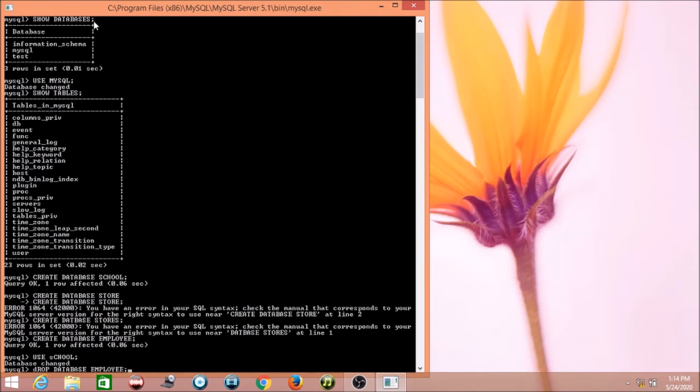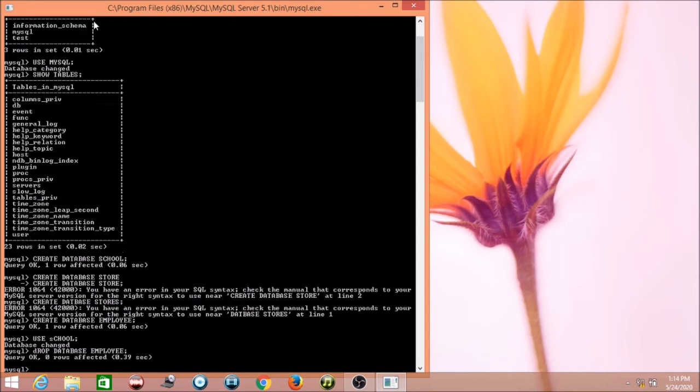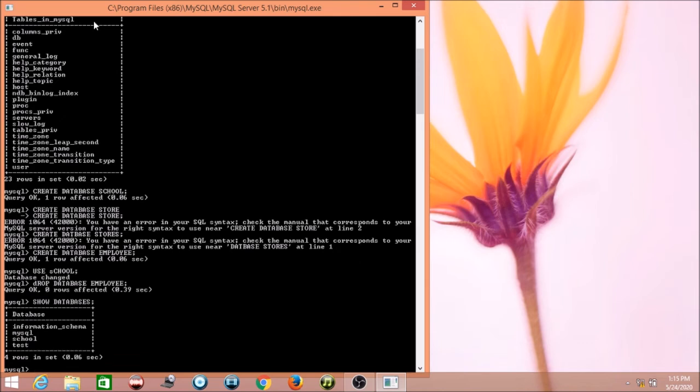Query okay, zero rows affected. If I check all the databases with show databases, I will not get this database in my list. See here, the school is also included, but employee is permanently deleted from this list.